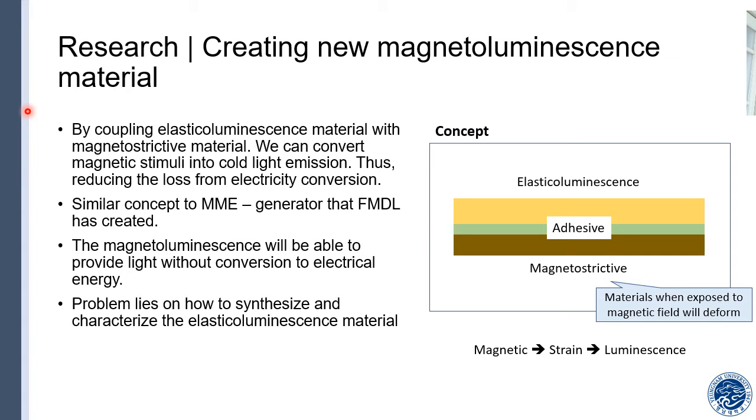but we have been quite expert in the magnetostrictive material and also cantilever structure. This is the energy transition. Formerly, we usually convert magnetic strain and then electric, then we convert it maybe to an LED to get luminescence, but now we can just go from magnetic strain and then luminescence, with much less conversion, which means better efficiency.